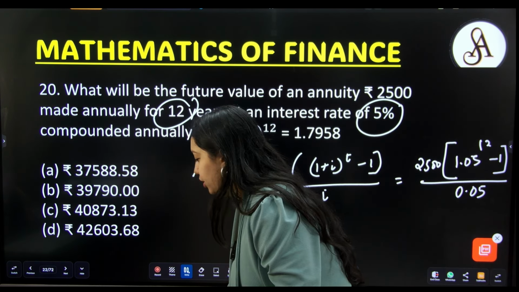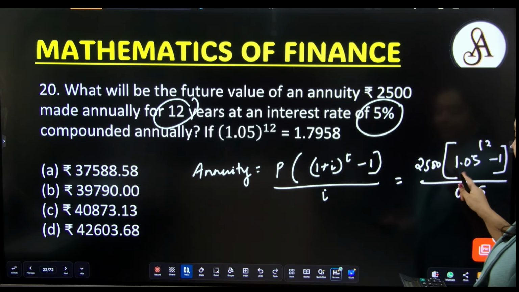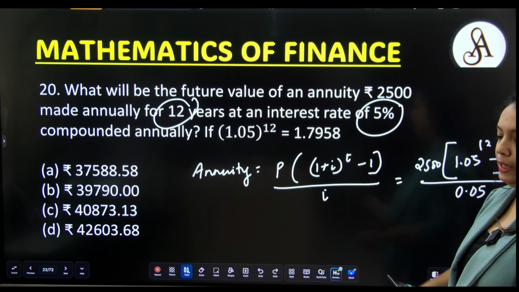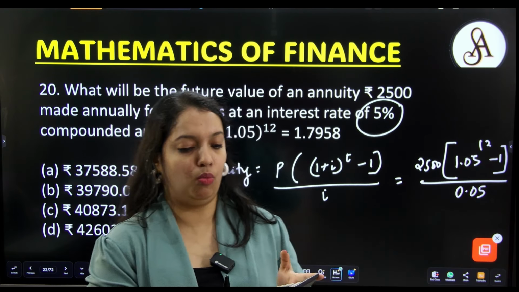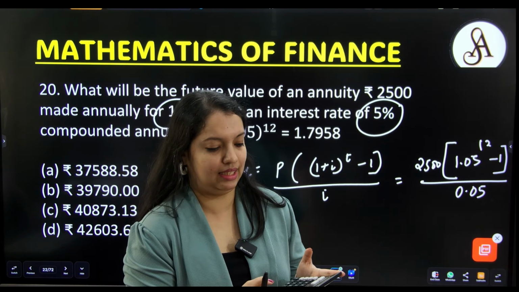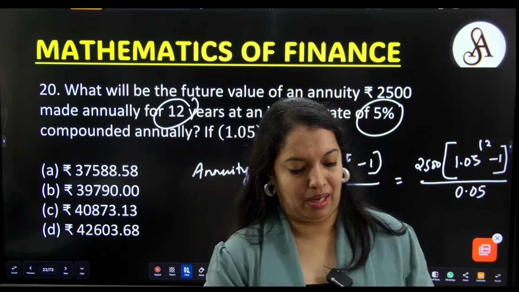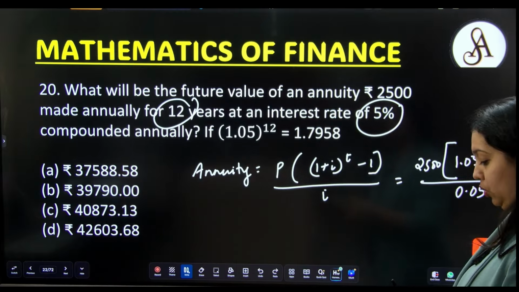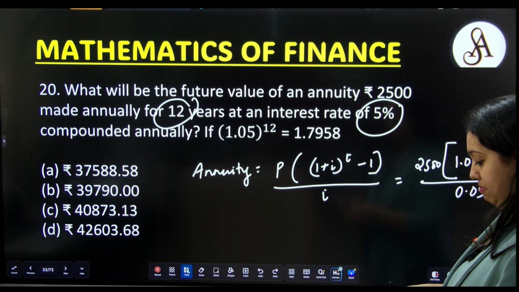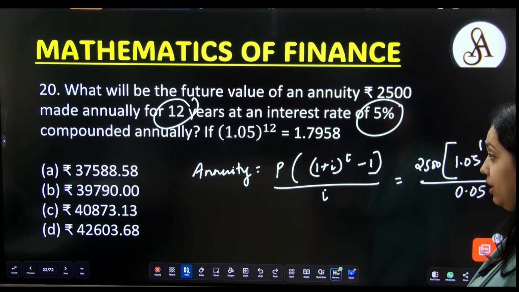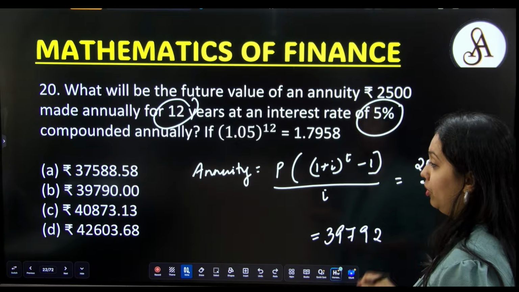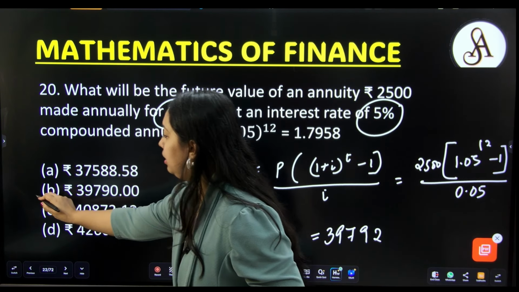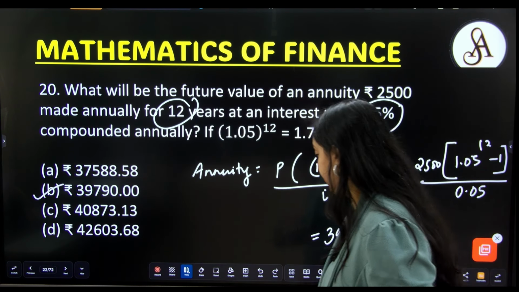Do this on the calculator. You always start working out with what is there inside the bracket first. 1.05 into power 12 means you will put equal to button for 11 times. 1, 2, 3, 4, 5, 6, 7, 8, 9, 10, 11, 12 minus 1 into 2,500 divided by 0.05. I am getting the value as 39,792 point something, which is approximately equal to option B. Next,